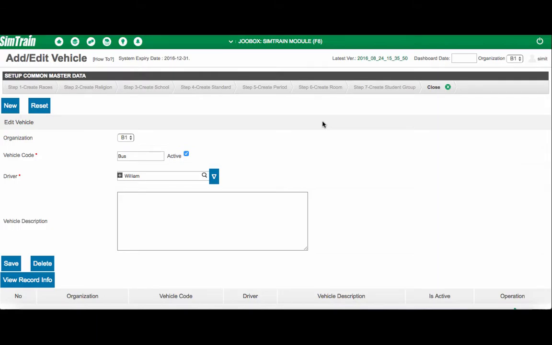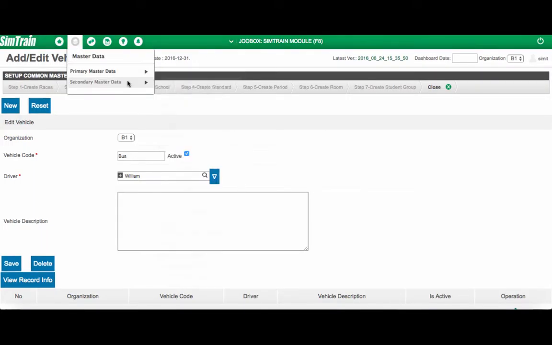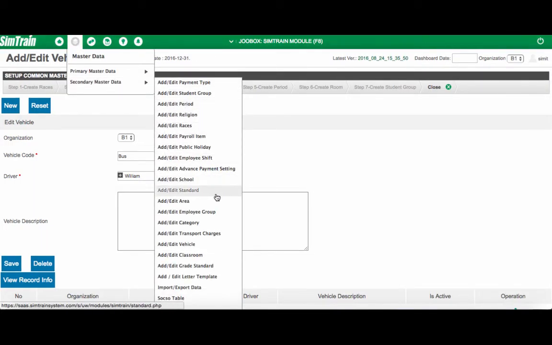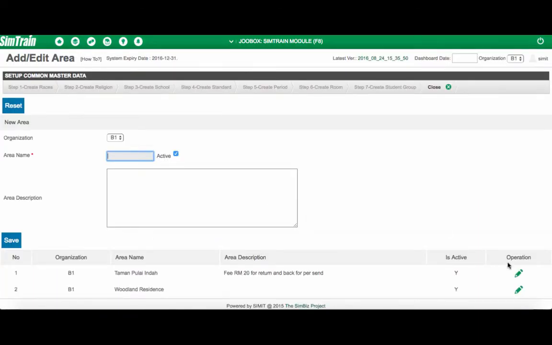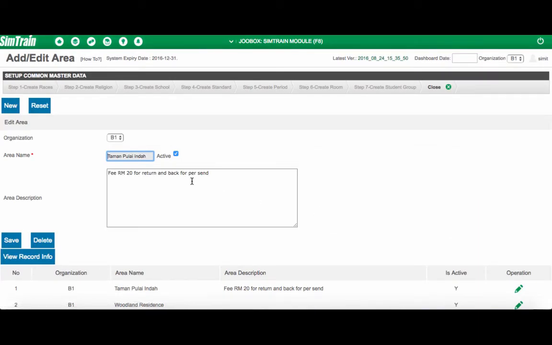After that, you need to key in the area of where your transportation service will be covered. This is to group the students based on the area they live in. So go to secondary master data and click add or edit area. So you need to key in the area name and the description if any, and after that assign the area